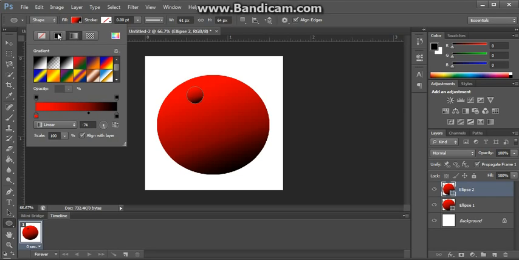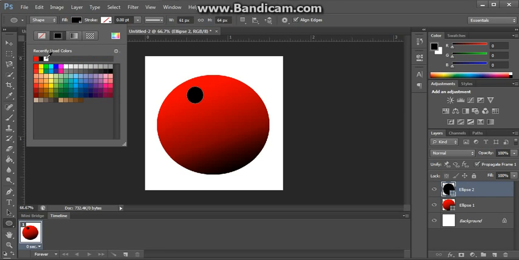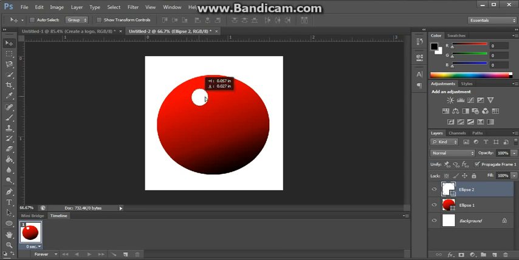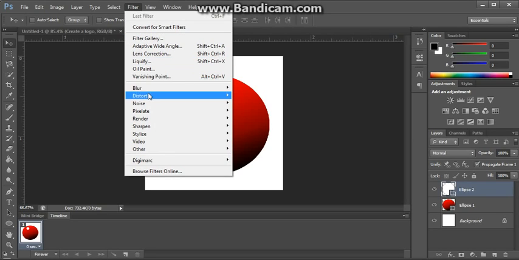Okay, we fill that with a solid colour of white. So we go to the solid colour here and we select white. We can then move that to an appropriate position, say about there. Now obviously it doesn't look very good because it's a solid colour, so we need to give that a reflective kind of look. So a good tool to use there is one of the filter tools, and we go to